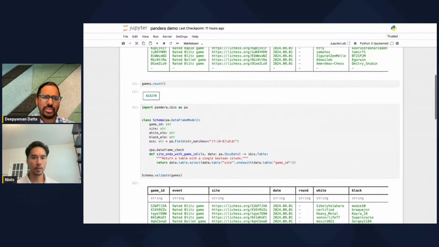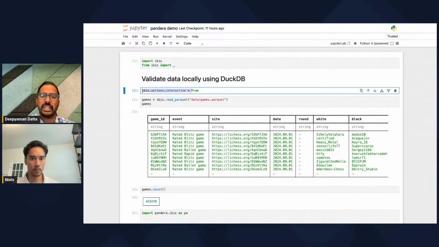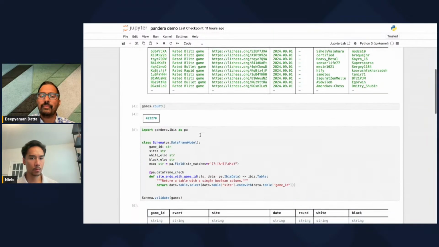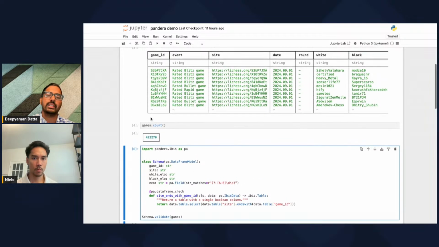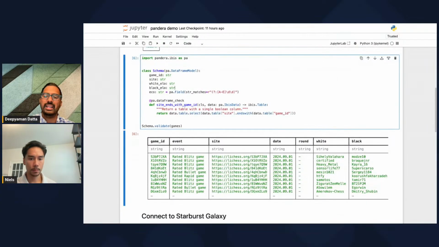One of the other things I should quickly highlight is that I did turn on interactive mode here for Ibis. If you have worked with something like PySpark, or Polars lazy frames, Ibis is deferred or lazy, in the sense that it's not going to eagerly execute these computations, especially if you're working with large scale data. You don't want to necessarily run it each time you're building up your expression. But when you run things in interactive mode, it does it each time you run it. It's useful for demo purposes.